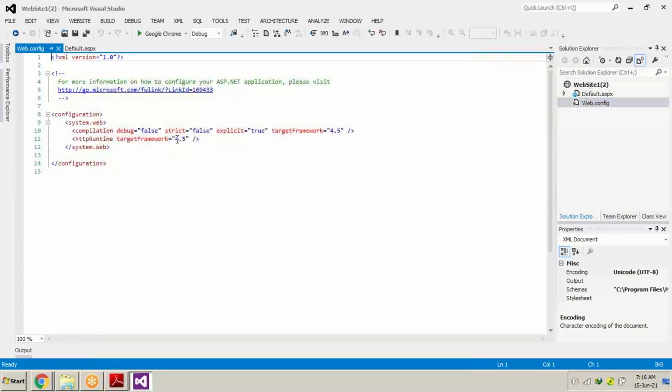You can see it over here that the target framework is 4.5. So if we have the target framework 4.5 or more in our web server, where we upload and host our pages, our application is going to run from the server. In the server, we don't require the entire Visual Studio package to be installed, because the web server has very limited space. Okay, so I believe your confusion has been solved.